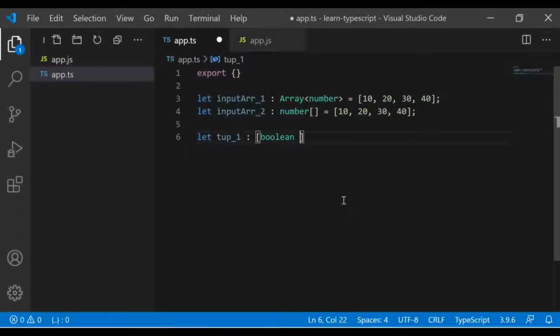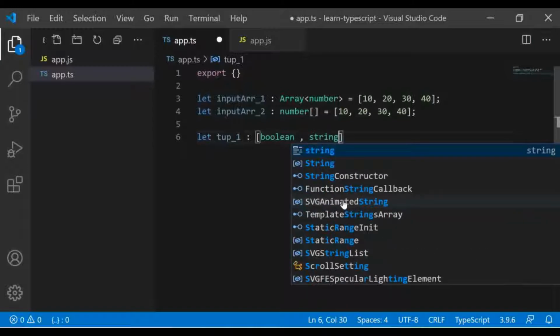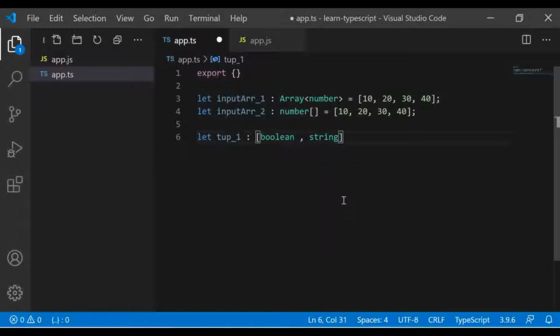So imagine you have an array which has a boolean and a string. So you can define it like this and assign like false and some name. Okay, Tushar maybe. Fine. So this way you are restricting the type of this tuple to boolean and string.